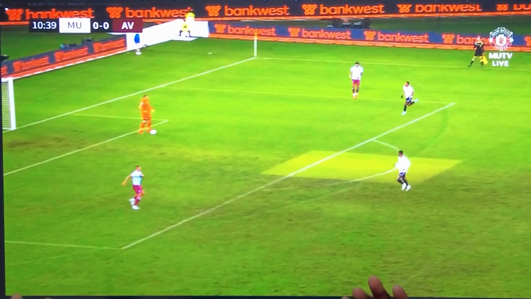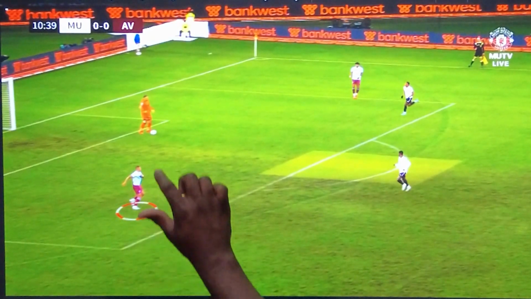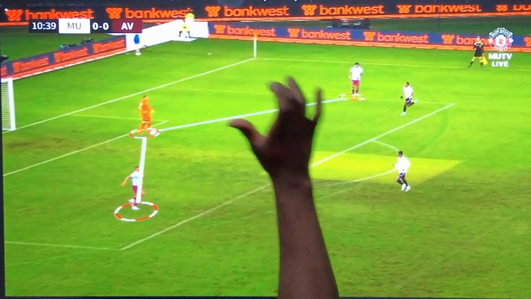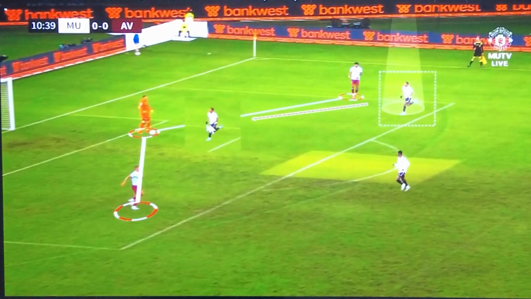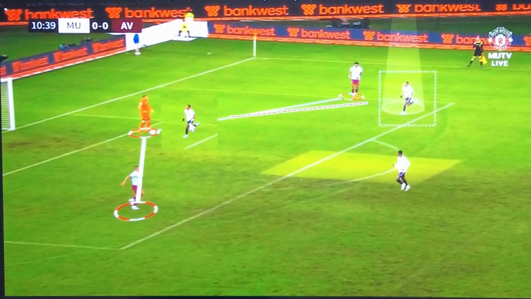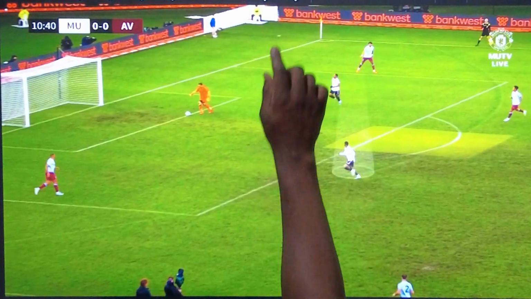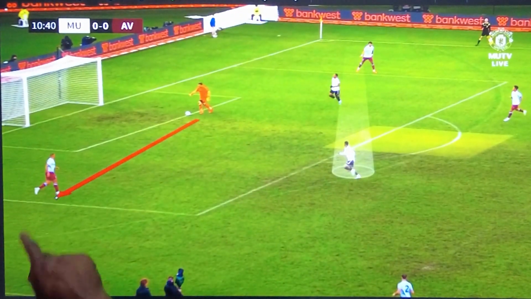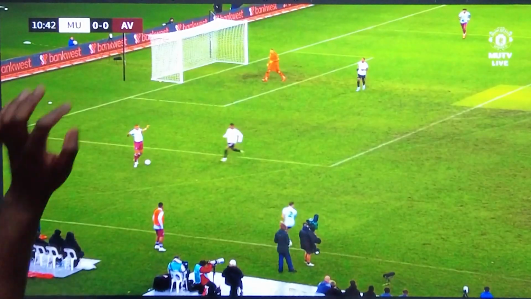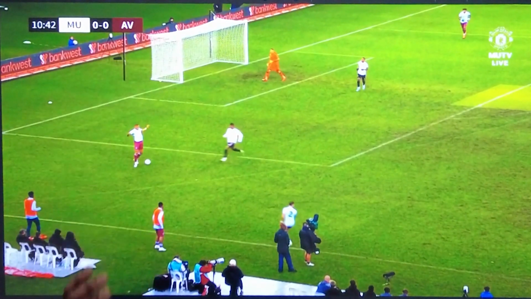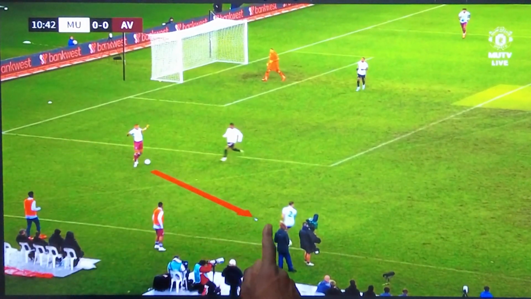So this was a common problem with United's press. Villa would be in a back three, whilst Martial is drawn into pressing the keeper without much support. Rashford is slow to press, meaning that there's an easy pass out to the centre-back. By the time Rashford eventually arrives, the centre-back has the ball under control and he has an easy pass into